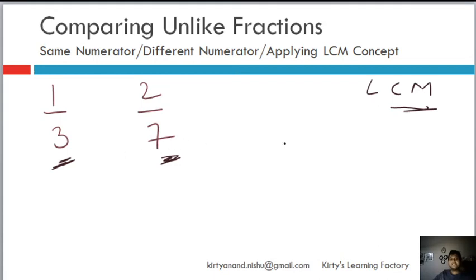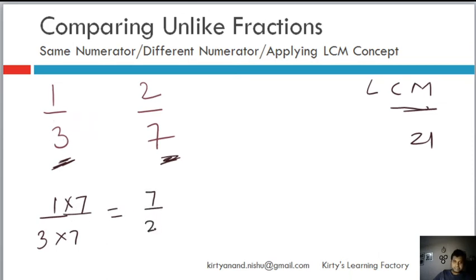So the LCM of 3 and 7 will be 21. Okay, so we see that 3 times 7 is 21. So what we will do is multiply the denominator by 7, and for the equivalent fraction we also have to multiply the numerator by 7, so that the value of 1 by 3 does not change, and the fraction we get is 7 by 21. So we keep 7 by 21. Similarly here, 2 by 7,